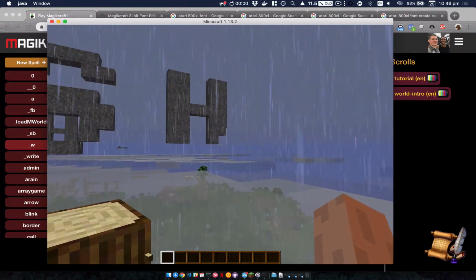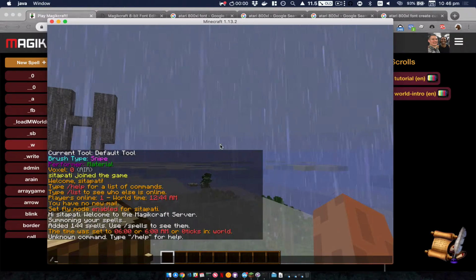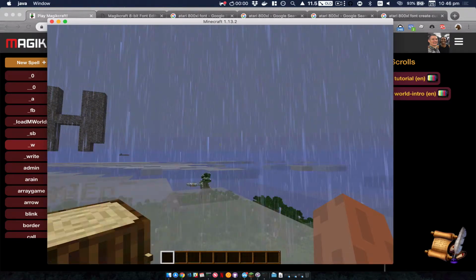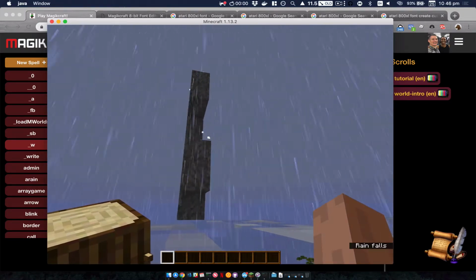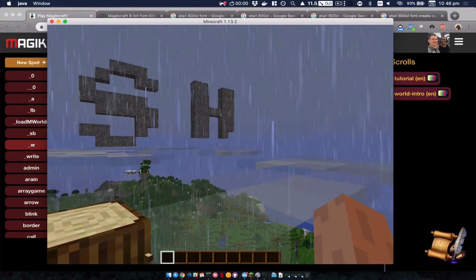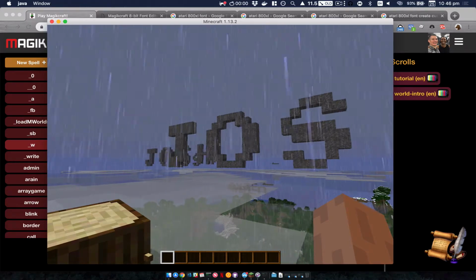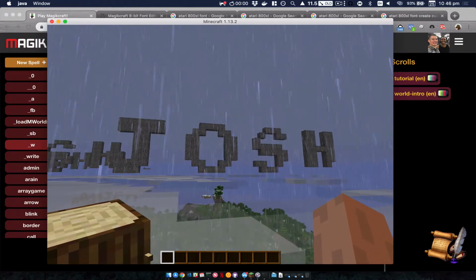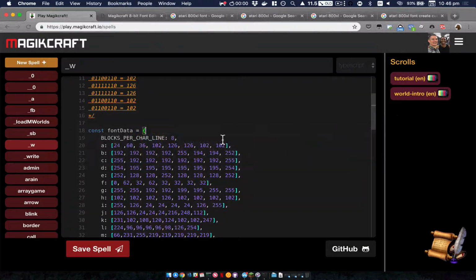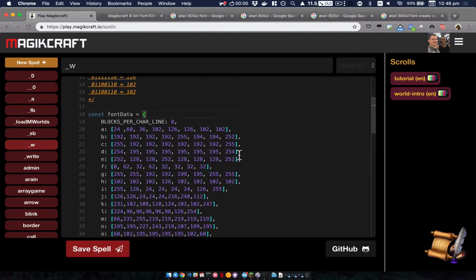Does it run out of memory or something? Let's try Josh W. It's only doing the first 4 and then it stops. I think it might have run out of loops because there's a maximum number of loops that you can do. Anyway,